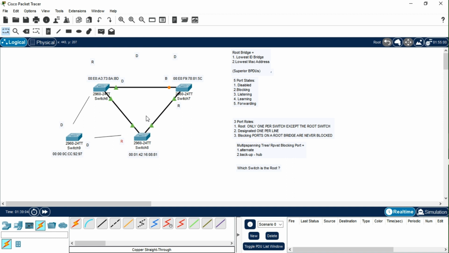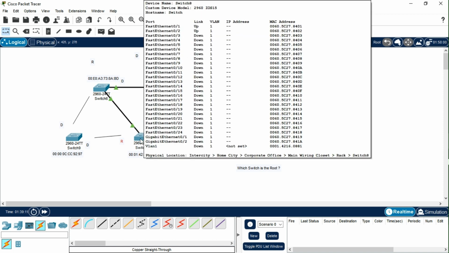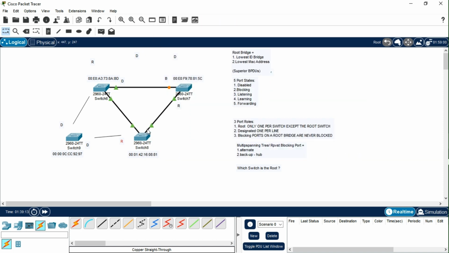Let me tell you this: I know this has the second superior BPDUs. So I would imagine that this would be a designated port here, and this would be a designated port here, just as such, because we already have our root port, and so on and so forth. Some of these might be blocking. Now